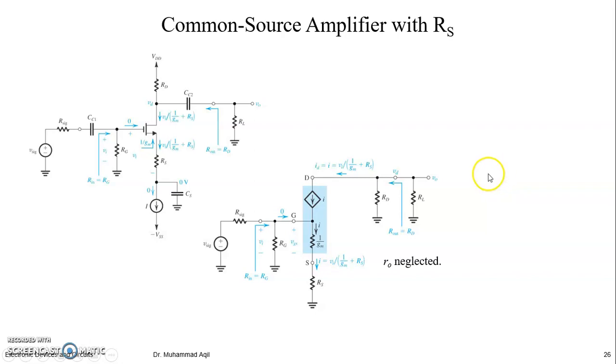Okay, so let me tell you this. What would be your VI? VI would be equal to what? Rin divided by Rin plus R signal into V signal. And what is Rin? If you look inside, Rin is what? RG, because there is no current flowing into